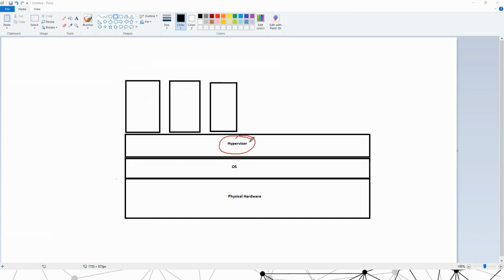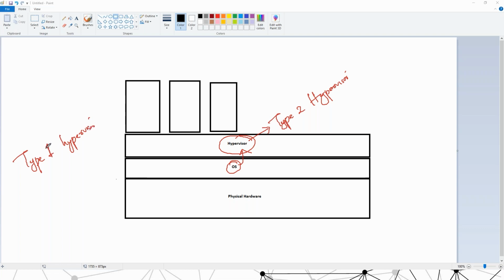So this is basically what we call a type 2 hypervisor, where we have an OS and we install the hypervisor software. Now, there is one more type which we use in the enterprise. When you go to organizations or companies, we will use a more advanced version of this. We call it a type 1 hypervisor, or we can call it a bare metal hypervisor also. So there it is called type 1.